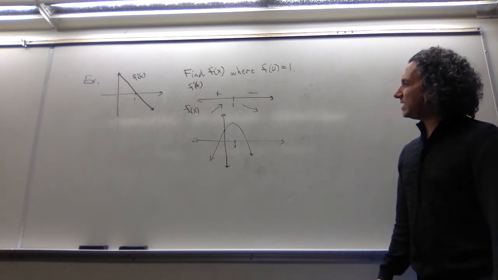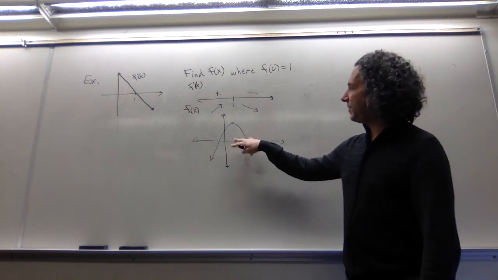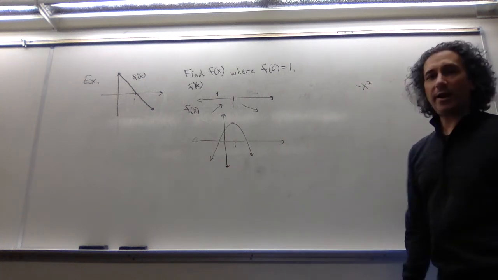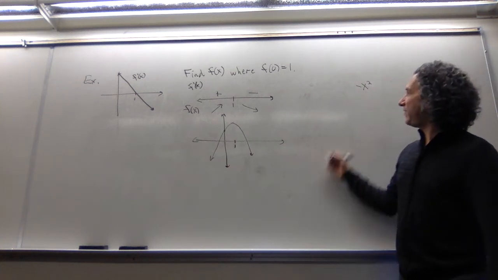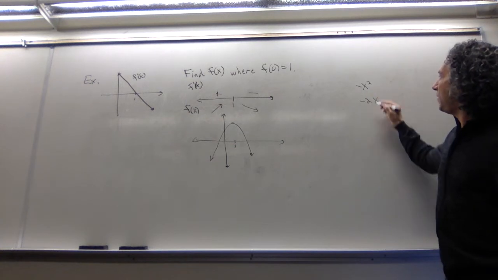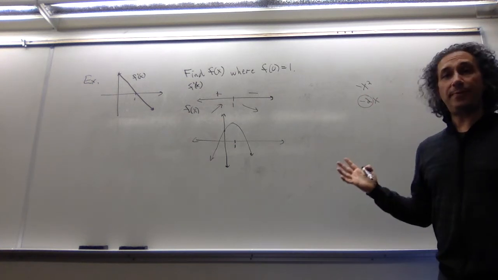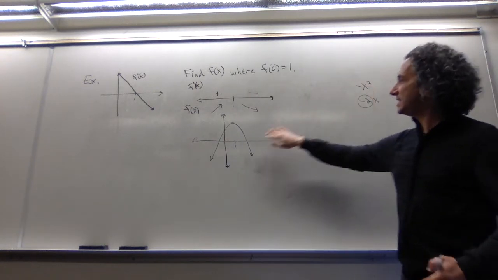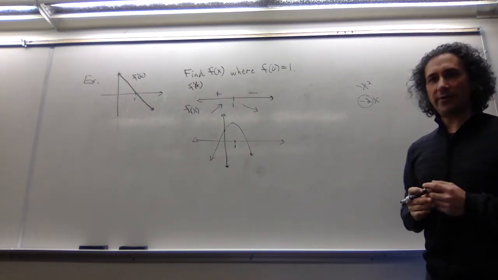In fact, I'm not surprised by that. Because even though it's not the exact parabola, if I start with minus x squared and I take the derivative, I get minus 2x. And the point that I want to make is that the slope is negative, and this guy has a negative slope. Again, this function isn't exactly this function, but I just wanted to point that out.